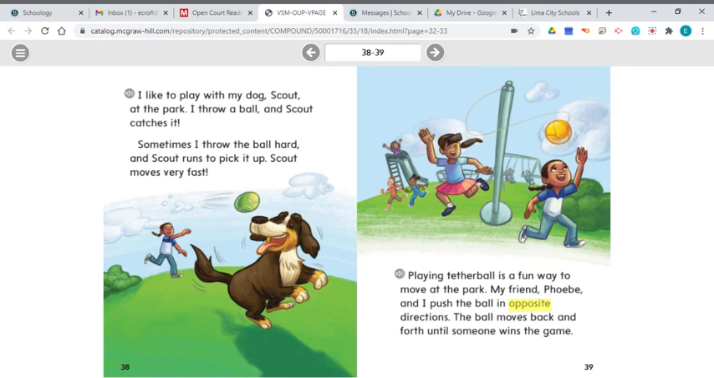Now, let's talk about main ideas for a second. As we read, it's important to identify what the main idea or the big idea is. So on page 38, the main idea is the girl likes to play with her dog at the park, right? Now, all the rest of that information, all those little details she gives about playing with her dog, are the supporting details. She throws the ball, the dog catches the ball, she throws it harder, and the dog moves fast to pick it up. Those are all the details that support that the girl likes to play at the park